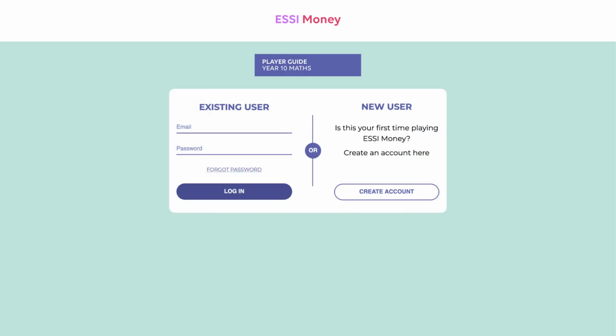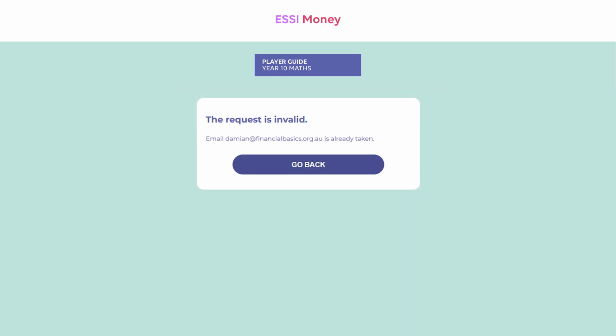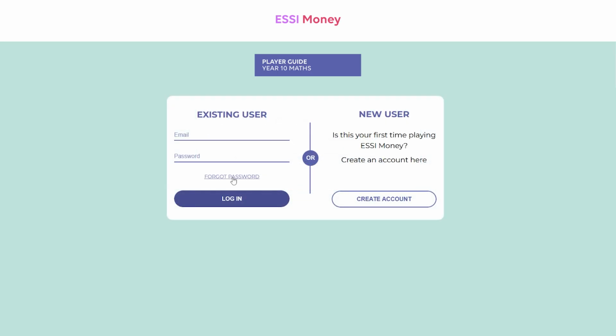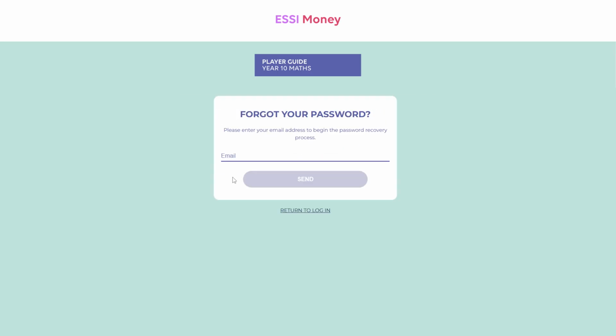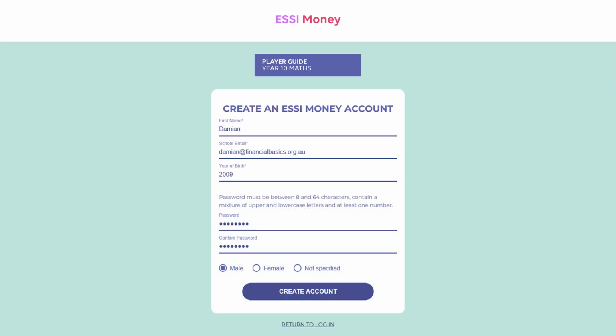Once you have an account, simply log in with your Easy Money game email address and password. Please note, if you already have an Easy Money game login that you may have forgotten about, the game will let you know when you try to register. If this happens, simply select Forgotten Password and follow the prompts. Password reset instructions will be emailed to you within 10 minutes. And if these do not arrive, please let your teacher know as they may need to contact us for further assistance. The Easy Money game database is wiped at the end of each school year, so even if you have played in previous years, you may need to create a new account to play the game.